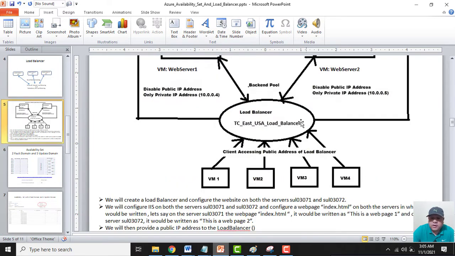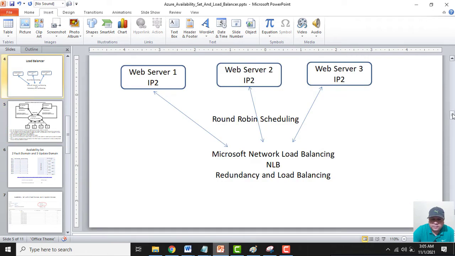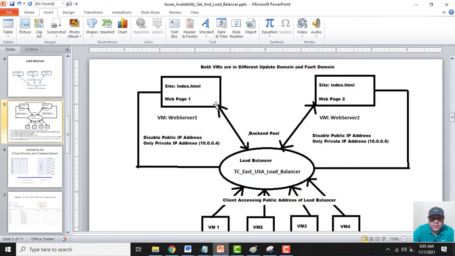So in today's video, I will be creating 2 web servers and I will host 2 web pages on those web servers. I will be creating my first VM with the name web server 1, and another VM with the name web server 2. Both will be part of the availability set. I will create one availability set as well, and then I will communicate with these web servers with their public IP addresses, install IIS, and configure my web pages in both the web servers.